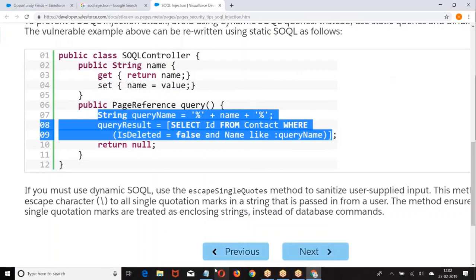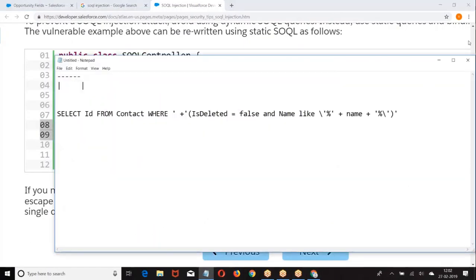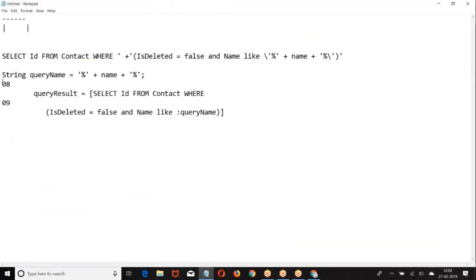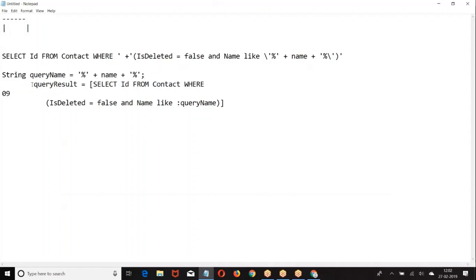Both of them are the same queries, but formed differently. Let us see the difference. Both are trying to get the same result.